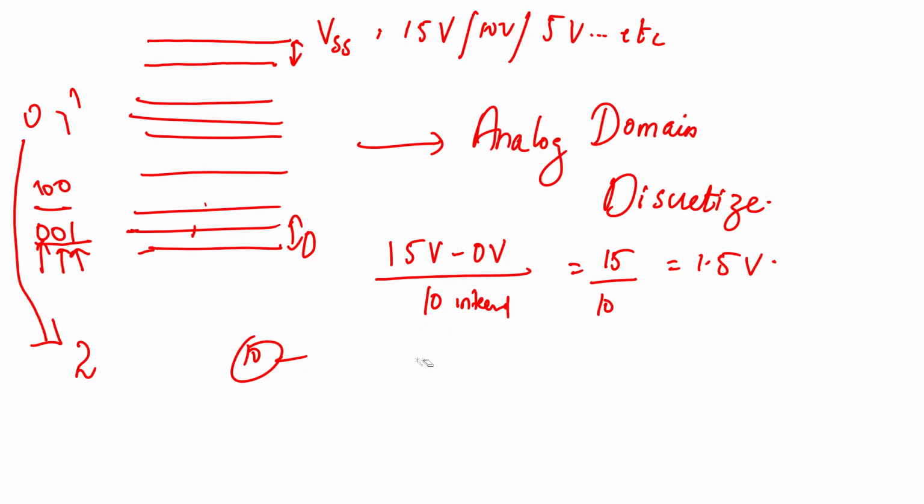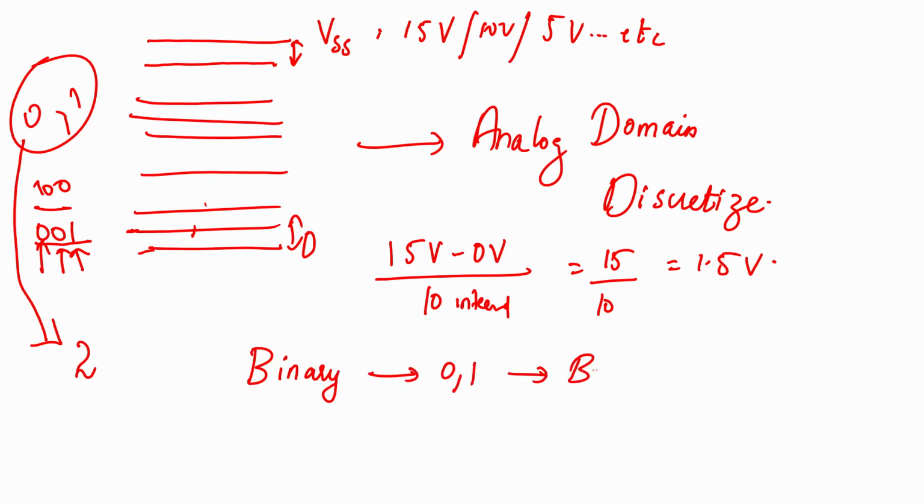But now in the digital domain, the binary domain, you have only 0 and 1. So, the base is 2. That means what? What does base mean? Base means the number of unique representations that are there in your number system. So, because this is 0 1, correct, the base is 2.